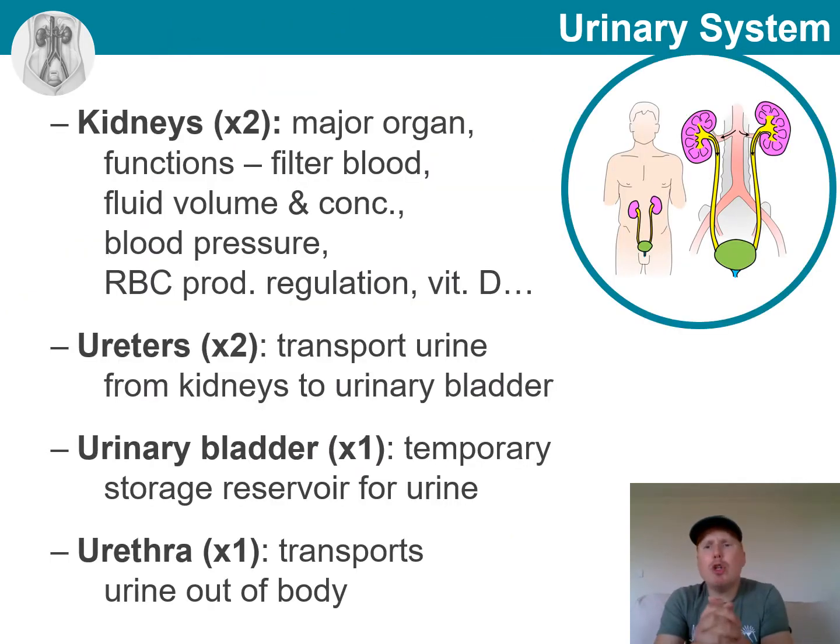So let's review the major parts of the urinary system. This review will be only a brief one, as we will look at each of these in more detail a little later on. But one that is going to be very important for us to focus on is the kidneys. They have a huge range of functions, and we will spend quite some time looking at these and how the kidneys actually work on a small scale level. For our purposes for now, we note that as a result of many of their functions, kidneys produce urine.